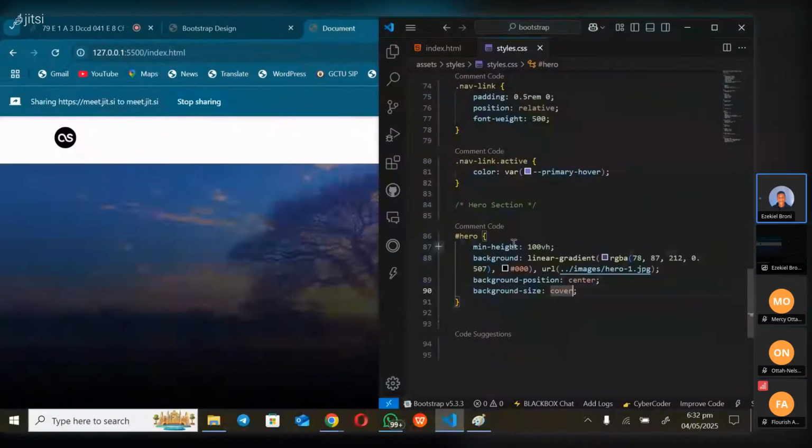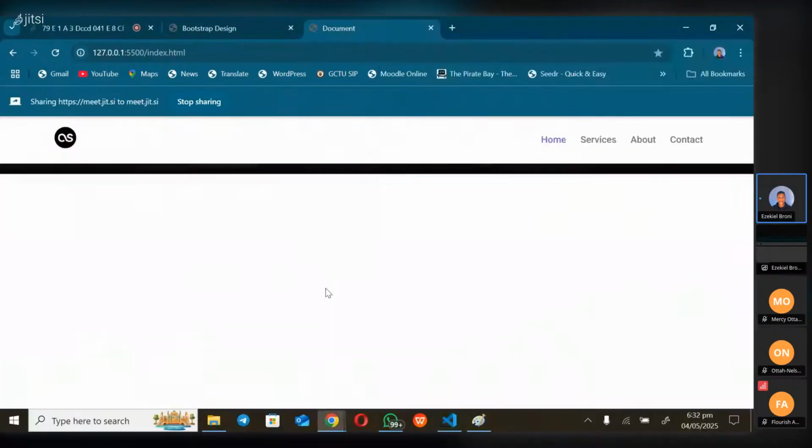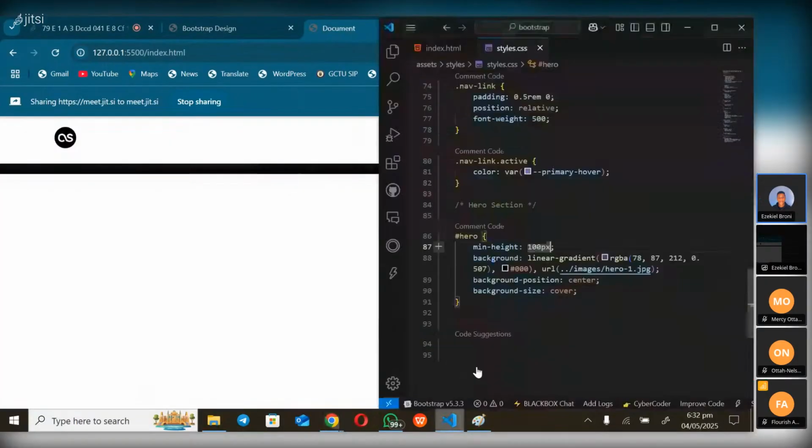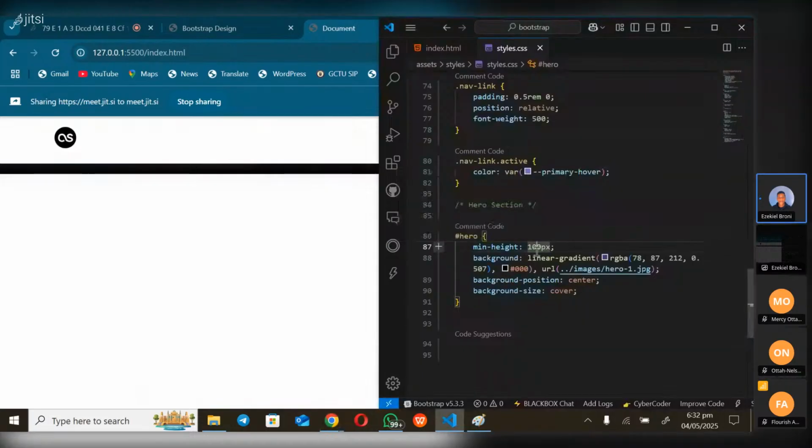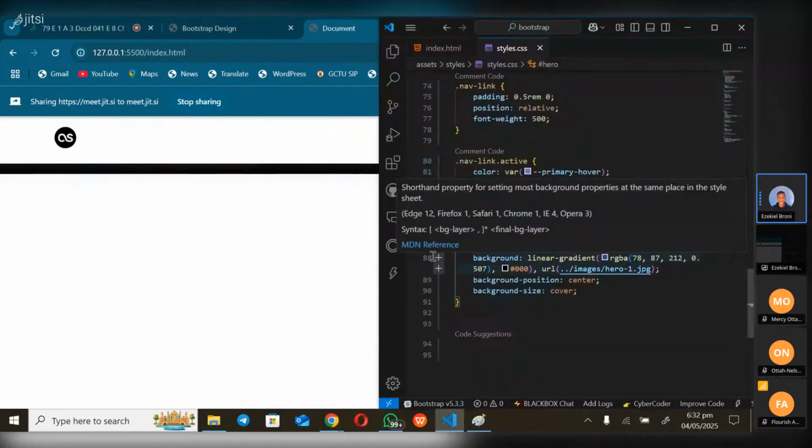Let me give it 100 pixels. So what will happen? Obviously the image has reduced. So min height means that I'm saying the image has reduced. So now what I'll do now is that